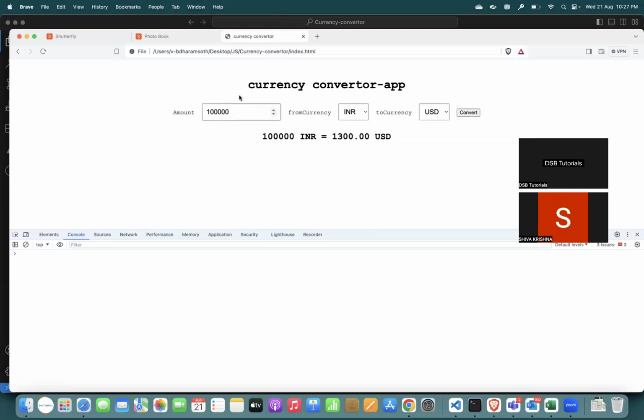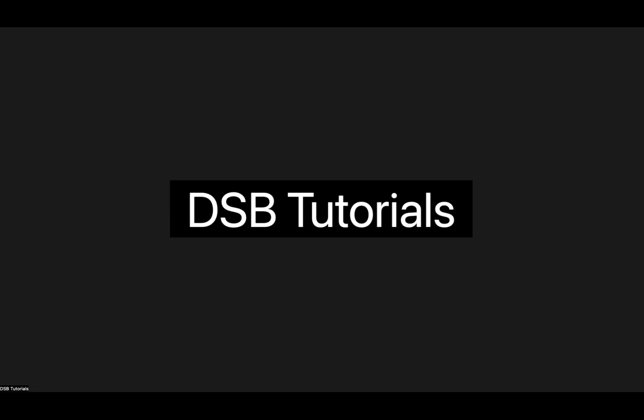Okay, if you want, for the look and feel, you can change it. Okay, for this button you can give padding, color and background color and all these things. You can try to do that. Okay, this is